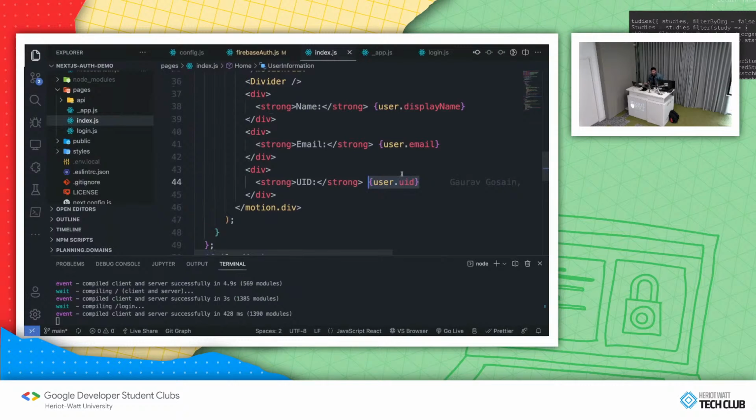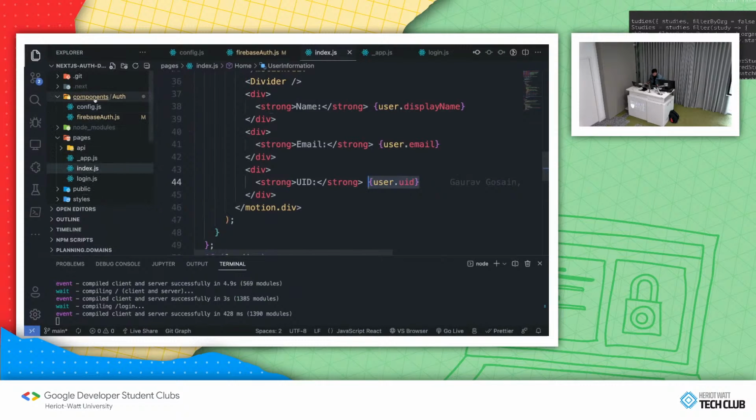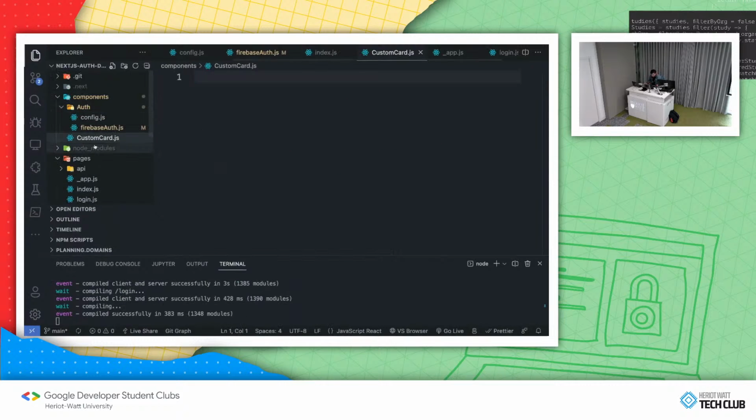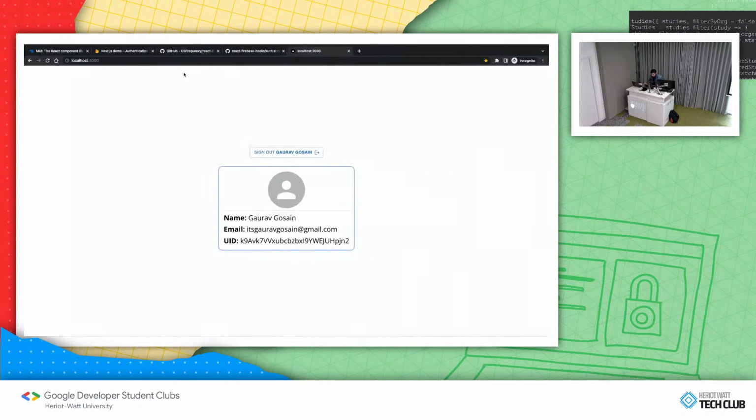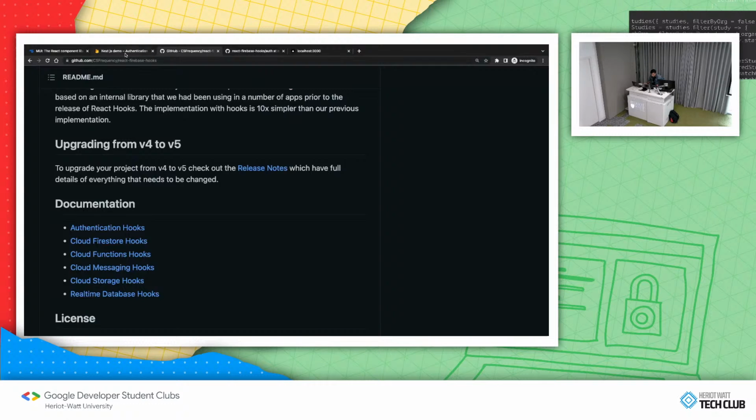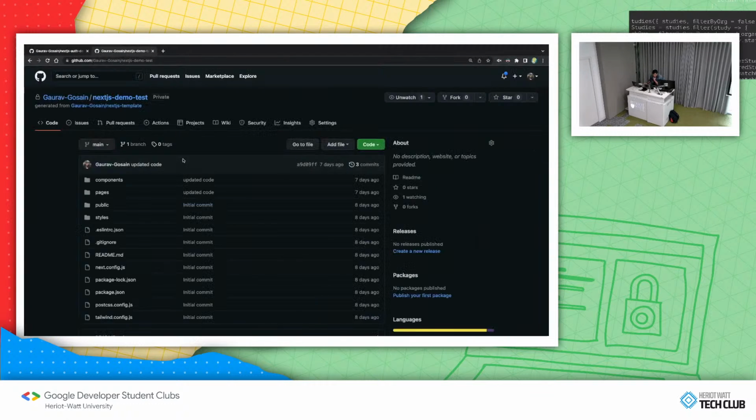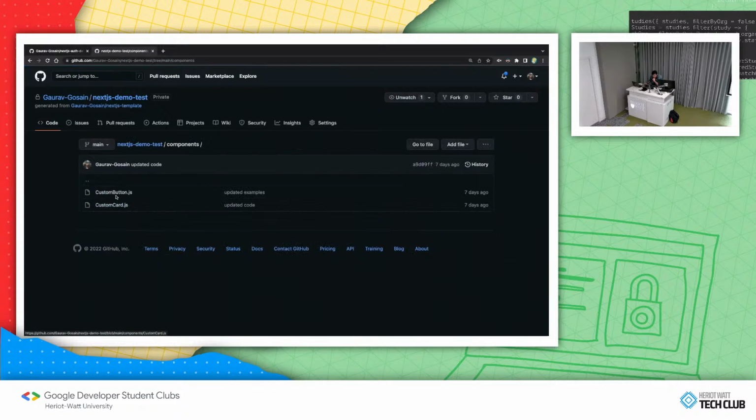So now let's look at how we can integrate whatever we had done from the last session. So basically the custom card we created, how we can put it in our new app. To do that, what we can do is just create a new file, call it customcard.js. And we can get the previous session's code and edit it to work with our new values. So if I head over to components and customcard.js,